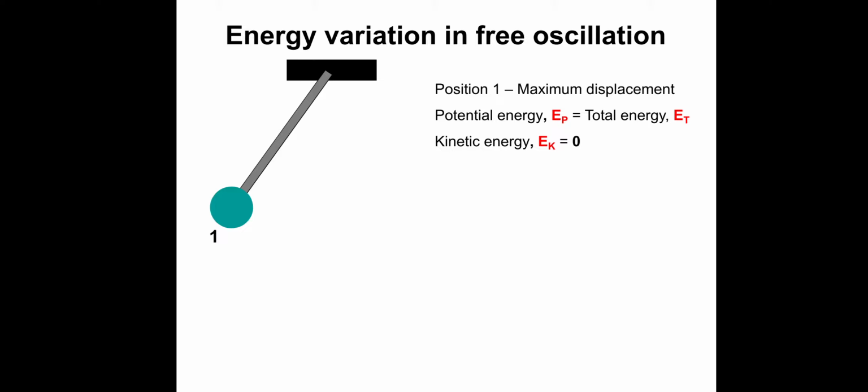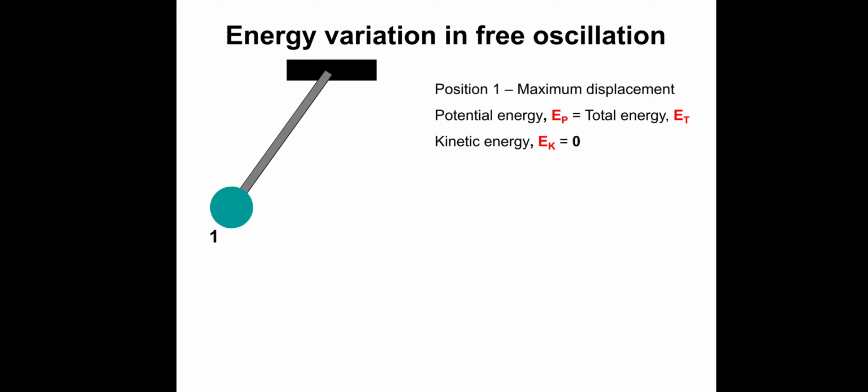Position 2, the total energy is a combination of the potential energy and the kinetic energy. Position 3, the potential energy will be equal to 0. This is the equilibrium position. And the total energy is still the same. The kinetic energy will be a maximum. Position 4 is the same as position 2. And then the other extreme, position 5, is the same as position 1